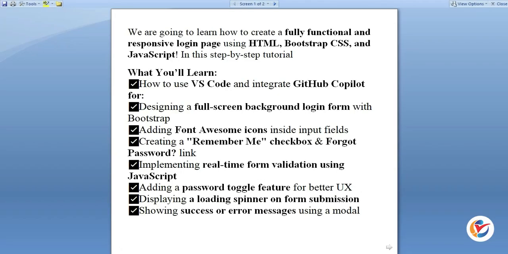We're going to be learning how to create a fully functional and responsive login page using HTML, Bootstrap CSS and JavaScript in this step-by-step tutorial. Now, first of all, we're going to be learning how to use Visual Studio Code and integrate GitHub Copilot